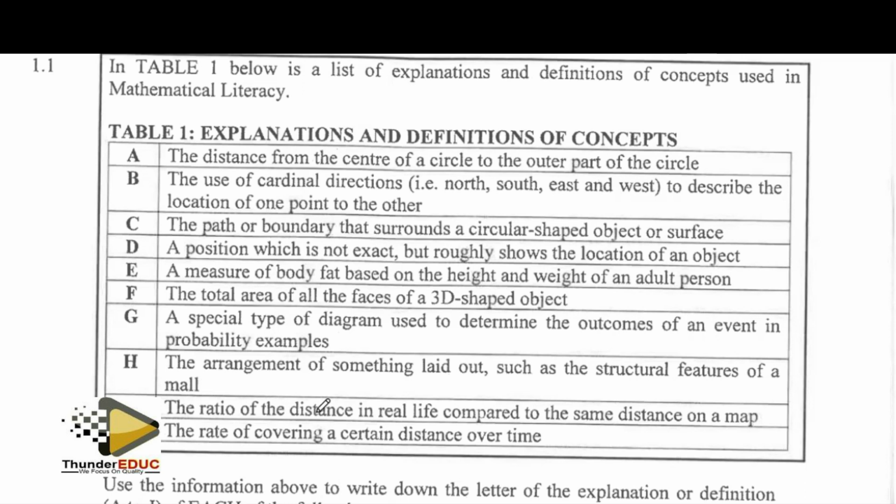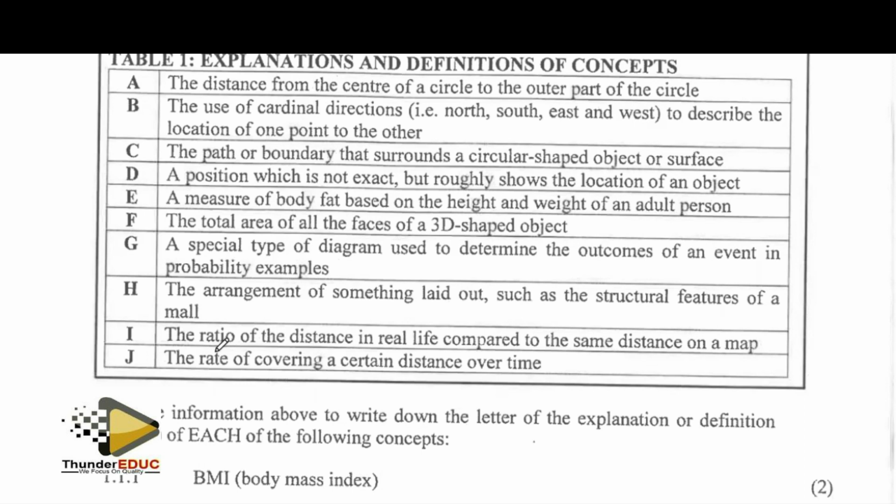I, the ratio of the distance in real life compared to the distance on the map, on the same distance of the map. J, the rate of covering a certain distance over time. When we just look at this, when you're answering, this has to be speed, because we have distance and the time. And remember, this is a rate. A ratio, this is supposed to be